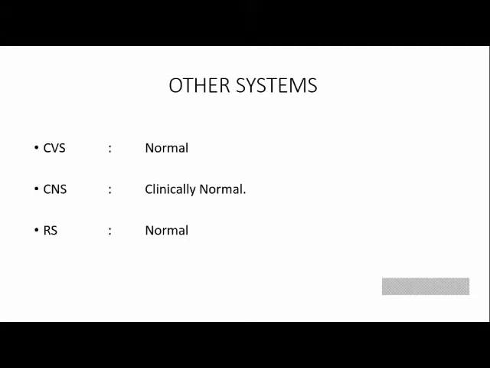Did you examine the pulses in the lower limbs? Lower limb pulses, did you examine? No, sir. Did you examine the lower limbs grossly for neurological involvement? That I examined, sir. The power is 5 by 5 in the lower limbs, both sides. Okay. You can also check for the pulsations and the sensations.